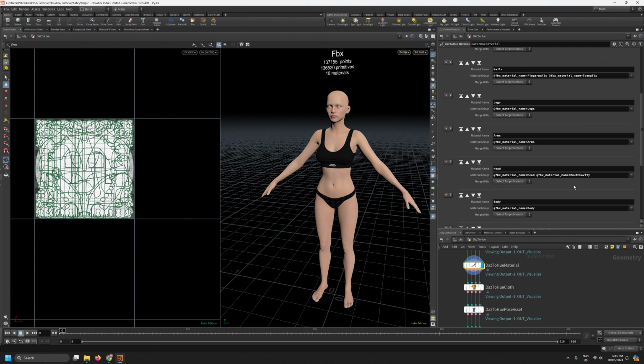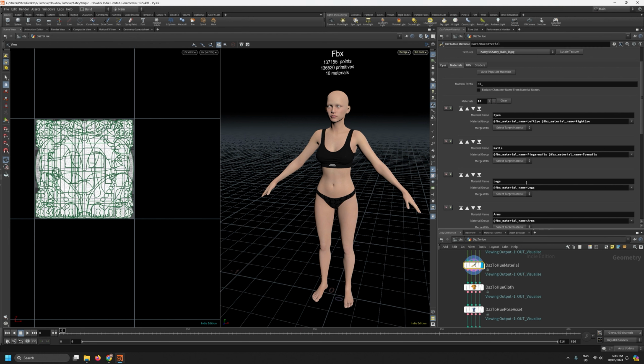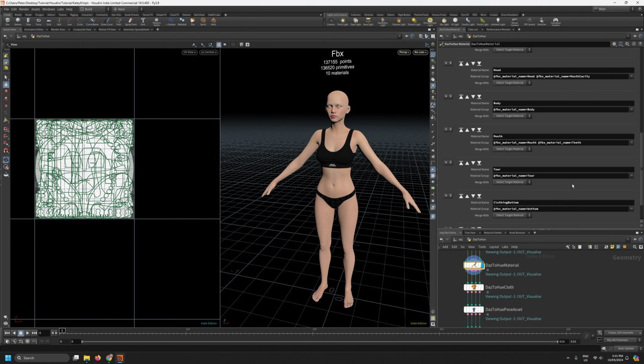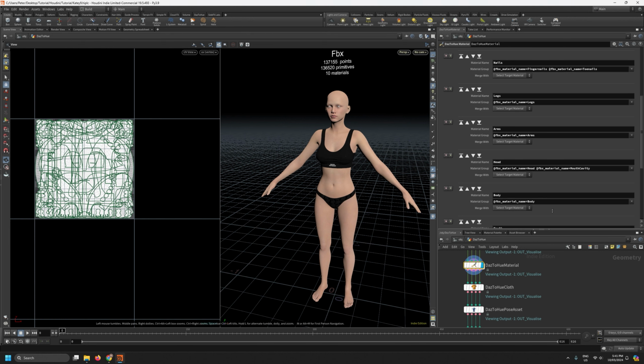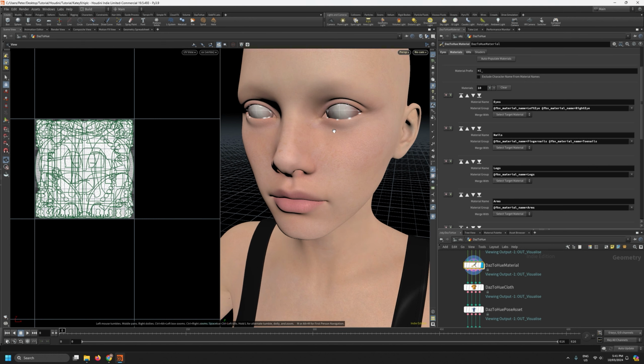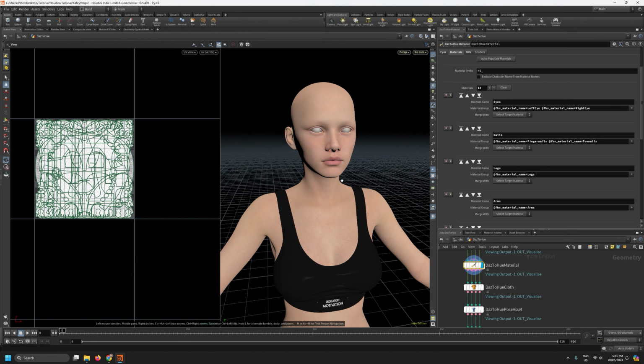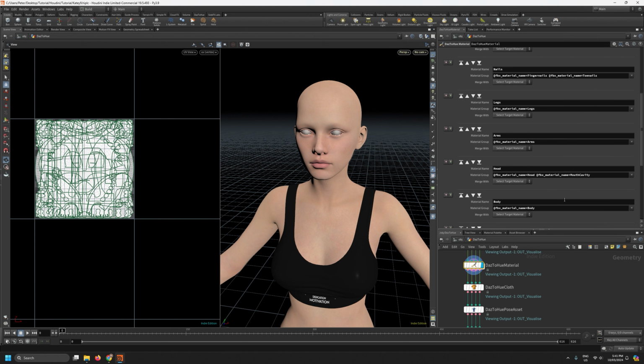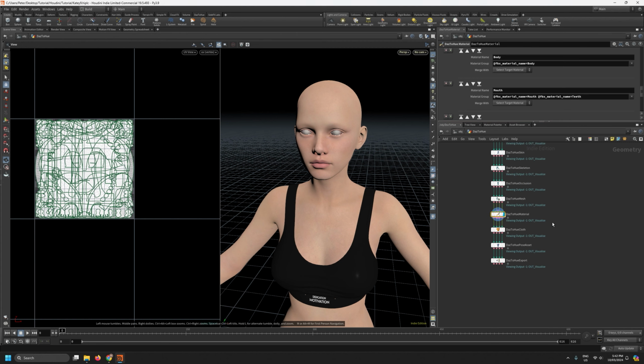One other thing to point out is that the order the materials are defined here will also be the order that they appear on your skeletal mesh in Unreal Engine. I've only ever found one instance where the order mattered, and it was to do with eye occlusion geometry and tear lines. I won't get into it now. We'll cover that in a later tutorial, but it's pretty rare that the order matters really in Unreal Engine. So with our materials defined, our UVs packed into the 0 to 1 space, we're now going to export this character